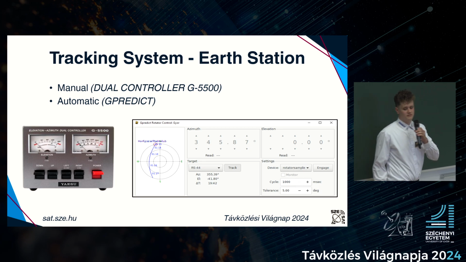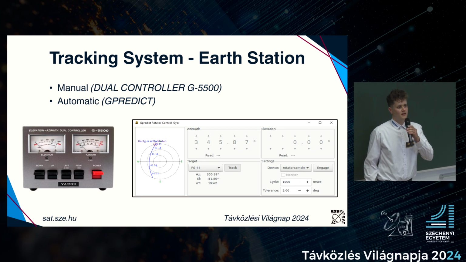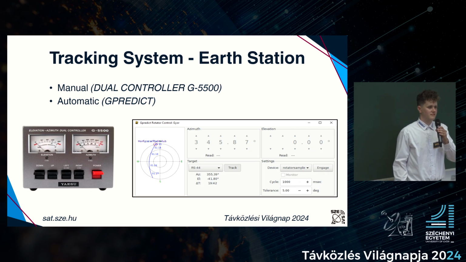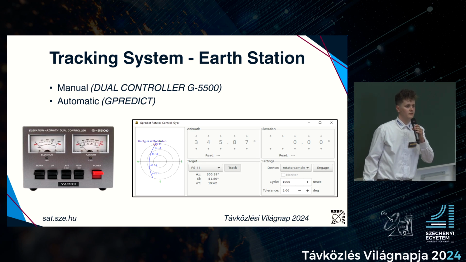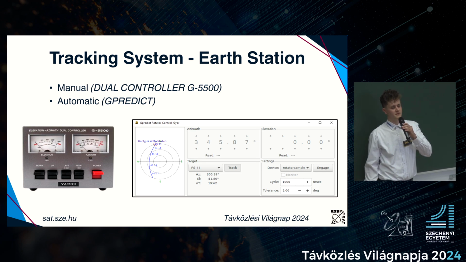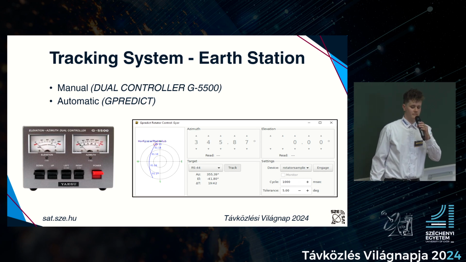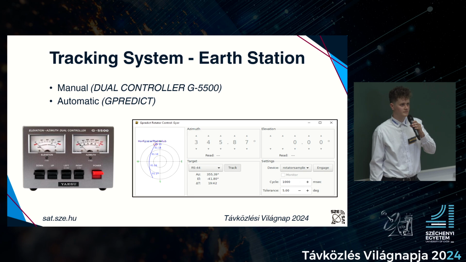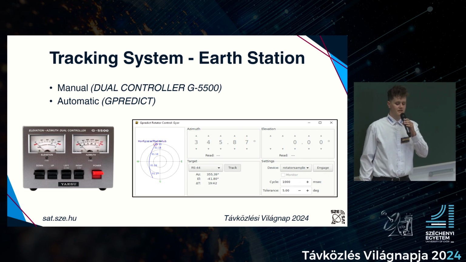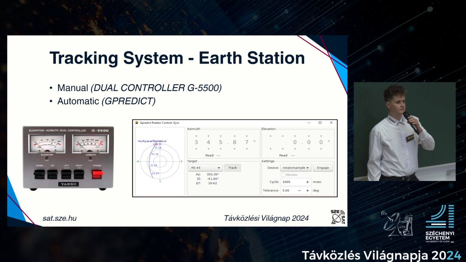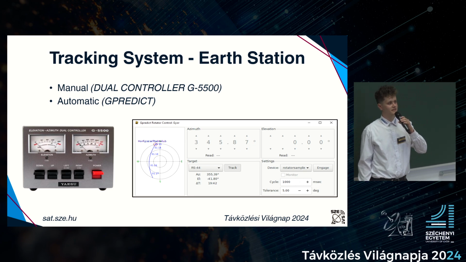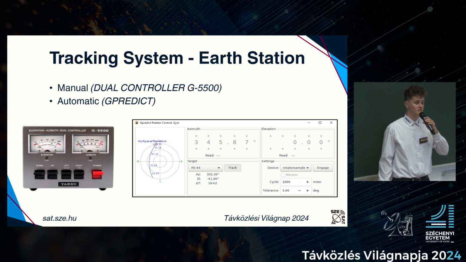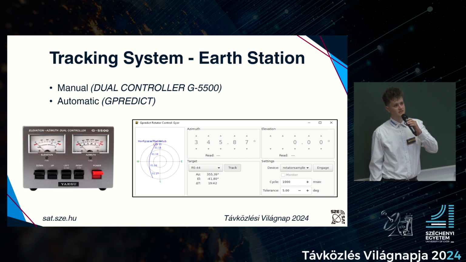The tracking system of our Earth station looks like the following. And why do we even bother with a tracking system? Well, since we have to reach the space station, we have to use good antennas for a good link. And these antennas must be rotatable, just to face the right way. This is mostly done automatically by gpredict, with TLE files downloaded from the network. We only have to select our needed satellite, or in our case, the space station itself, and it will follow it for us.